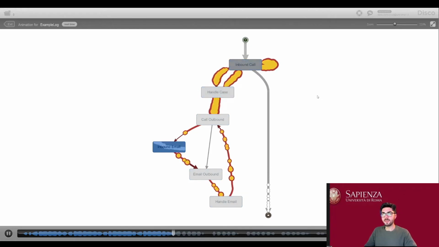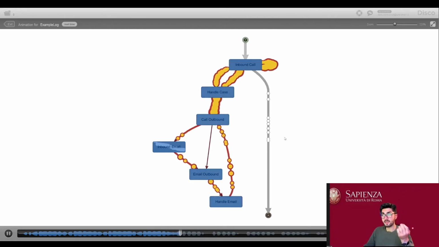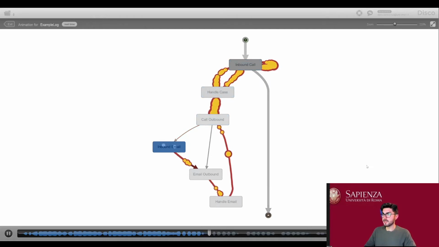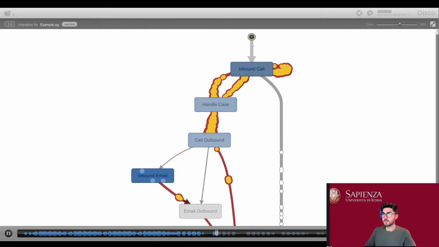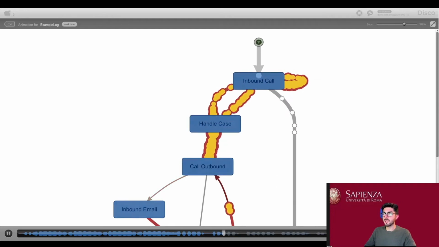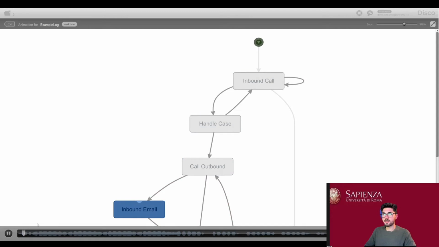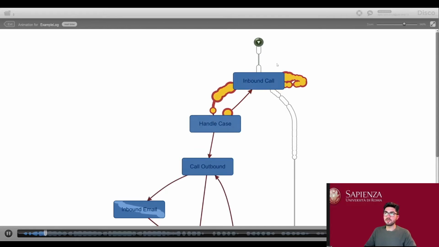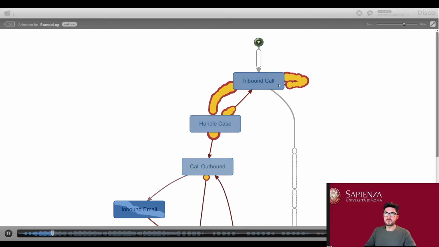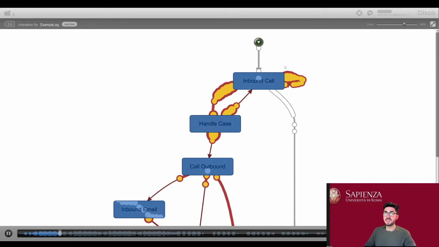And we can even have a look at how cases arrive to the process. For example, here you can see that at the beginning, in this path before the inbound call, if we go back to the beginning, you can see that the entries are arriving to the inbound call, which is the first task, in batches.